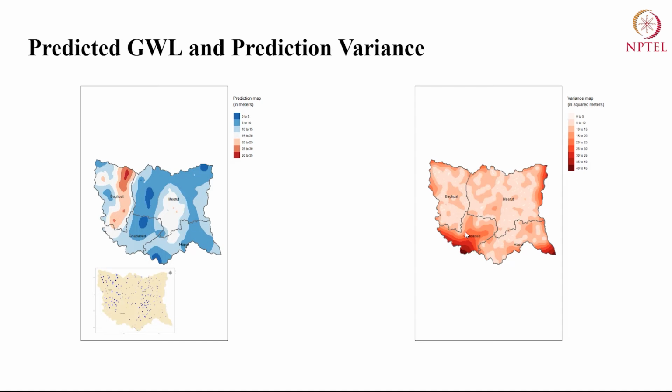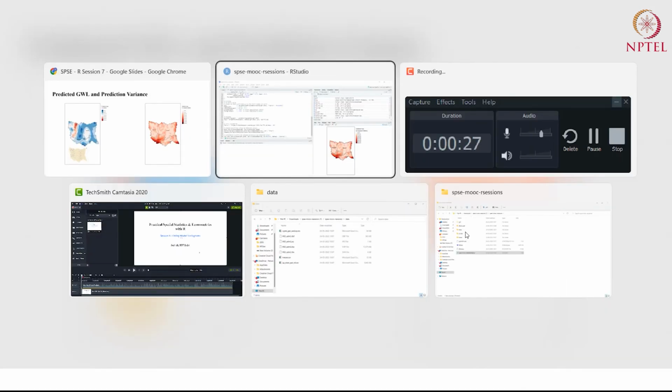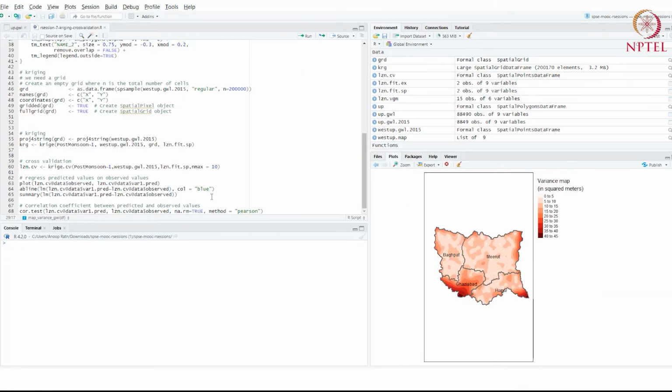So if your prediction variance is high, then you need to be careful about what you use the data for, and how much confidence you can place in your prediction. So this is very useful to have, and this is something that you don't have with physical spatial interpolation methods like inverse distance weighting or other methods which are deterministic, which are not statistical in nature. So having said that, let's go back to our